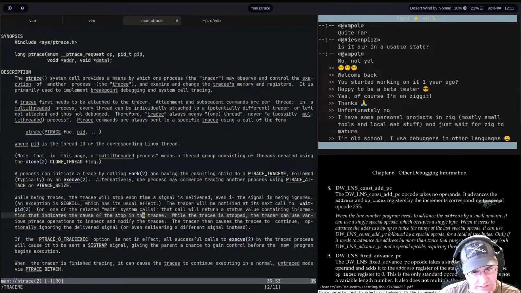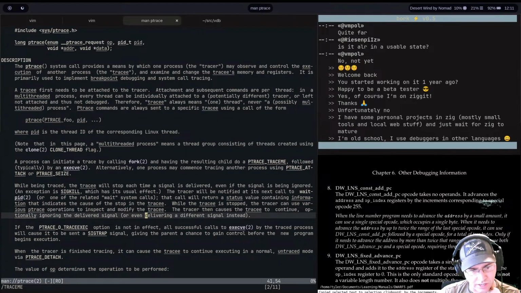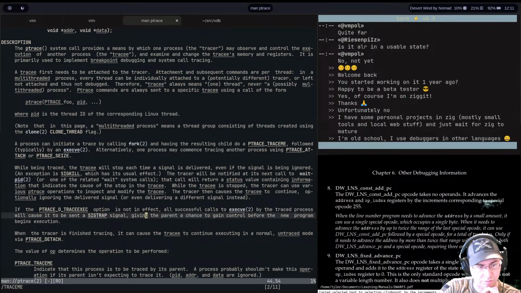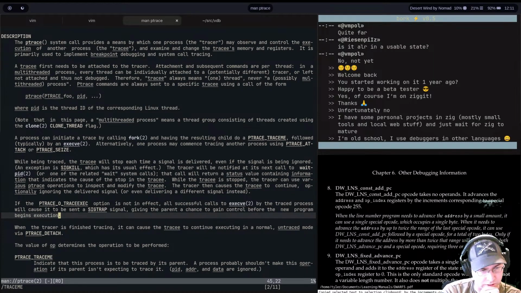While the tracee is stopped, the tracer can use various ptrace operations. The tracer will then cause the tracee to continue, optionally ignoring the delivered signal, or even delivering a different signal instead. If the ptrace O_TRACEEXEC option